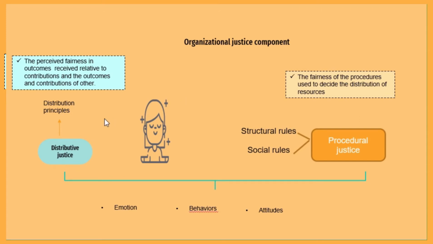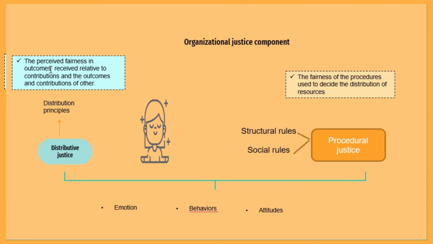Distribution principle, structural and social rules. Distributive justice perception will then affect their emotion, attitude, and behavior. Procedural justice perception will also affect their emotion, attitude, and behavior as well. What is the meaning of this? Basically, distributive justice is to perceive fairness